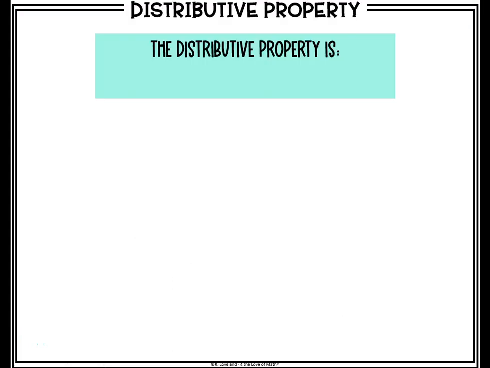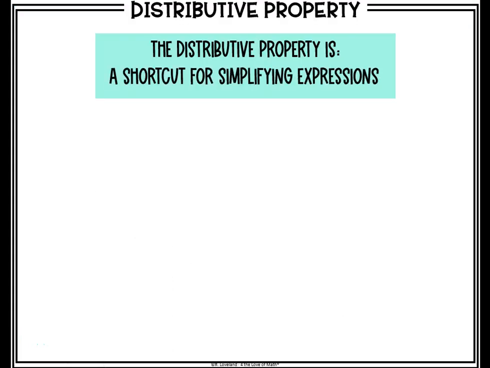Let's talk about the distributive property. The distributive property is a shortcut for simplifying expressions. The purpose of it is to simplify expressions. When you have an expression like this, where you have a value on the outside multiplied by a value in